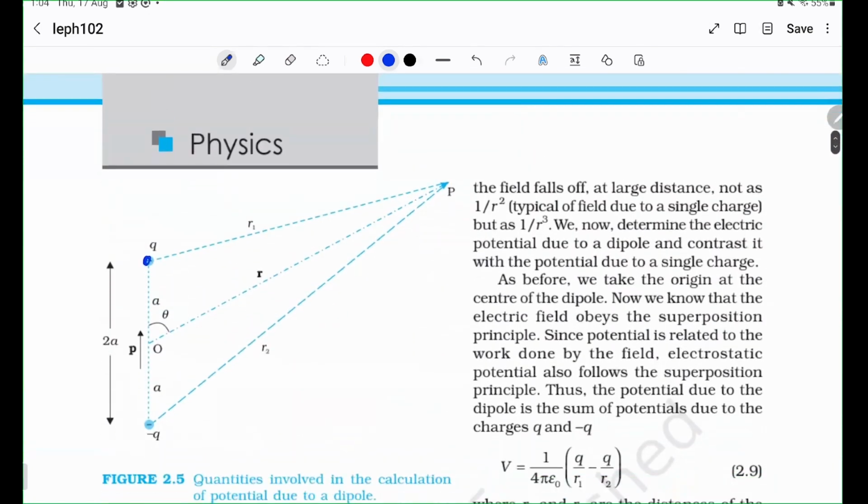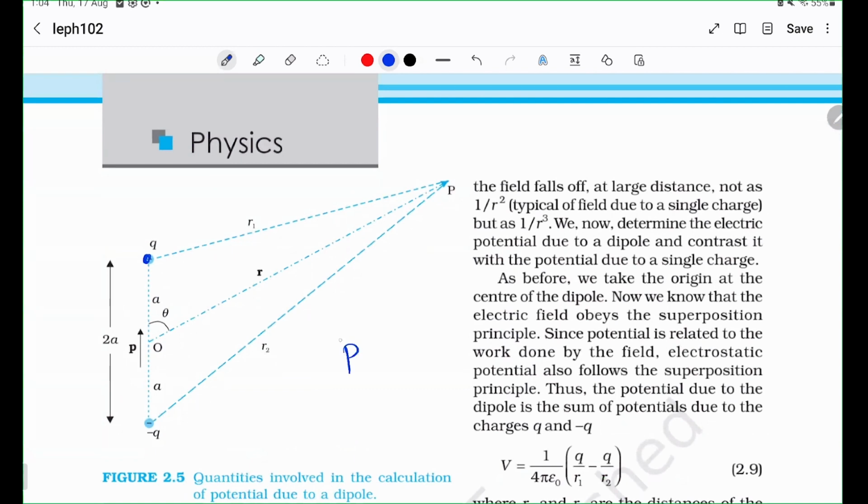You have something called a dipole moment. It's a vector that points in the direction of the positive charge. Here you see plus Q, so it points towards that and away from the negative Q. It points upwards in this case. Usually the origin we mark equally symmetric with respect to plus Q and minus Q. That is why we name the distance 2a, because we can say this distance is A